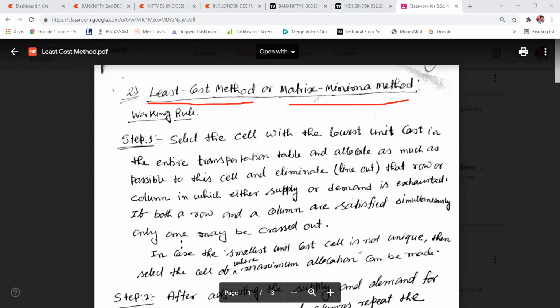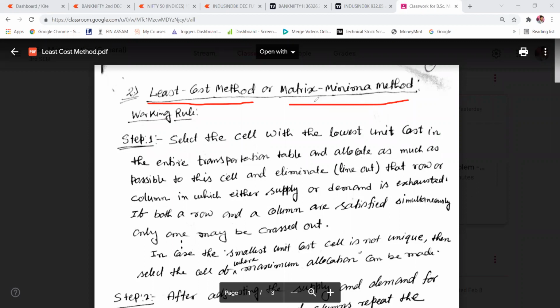And then accordingly, you need to allocate to that cell after comparing demand and supply. From demand and supply, whichever is minimum, you allocate there, as you have done in the northwest corner method. So the allocation will be made.